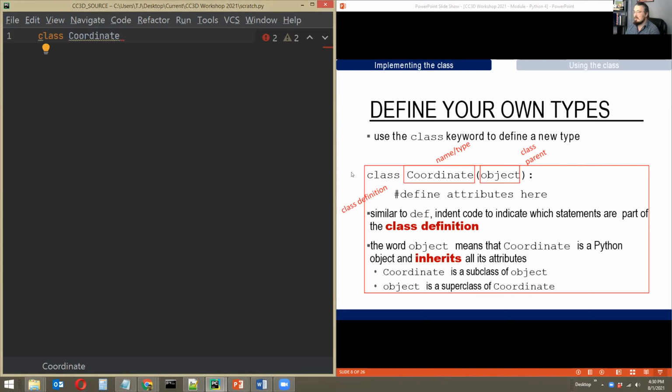I like this example because you think of coordinates in, say, two-dimensional Cartesian space, something like a vector. You have something like an x coordinate and a y coordinate, and the combination of those two describes a coordinate. We're going to create a custom class that represents that idea. Now,